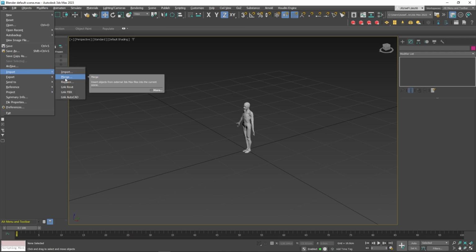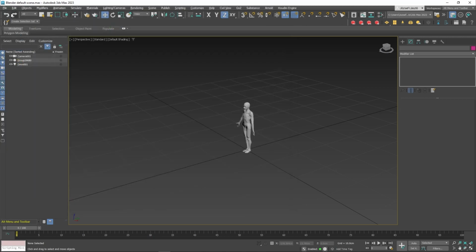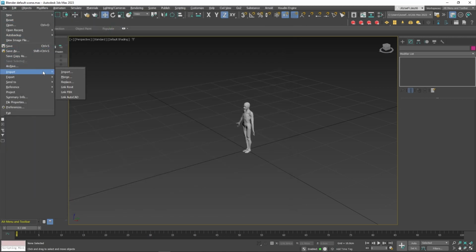There is also merge for merging other 3ds Max files. This is just for importing other Max files. And there's also replace, which, as it says, replaces objects in the current Max scene with objects from an external file. When exporting in Max, you go to export, and if you click on export simple, it exports everything from the scene,